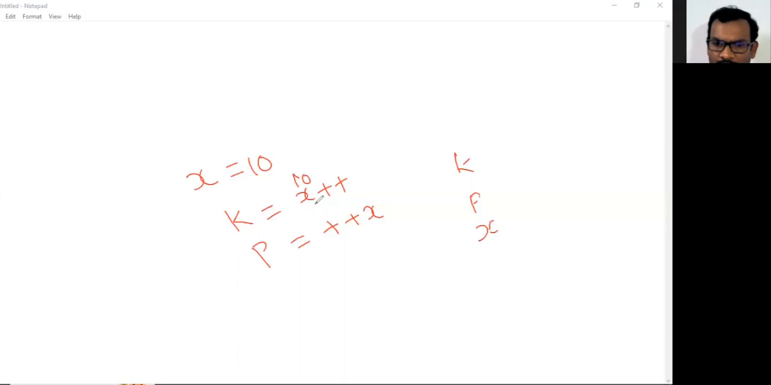Since it is the post-increment, first the value of x is assigned to k, and then the x value is incremented by 1. In that case, first the value of x is assigned to k, so the k value will become 10. After assigning, x is incremented by 1, so the x value will become 11. Now the latest value of x is 11. Now coming to the next